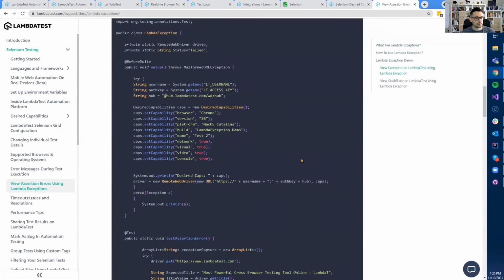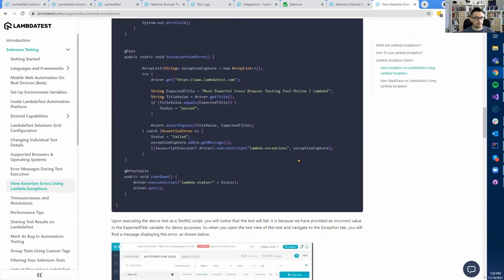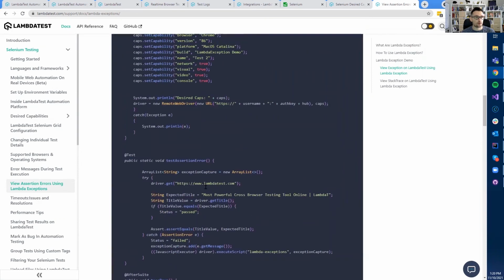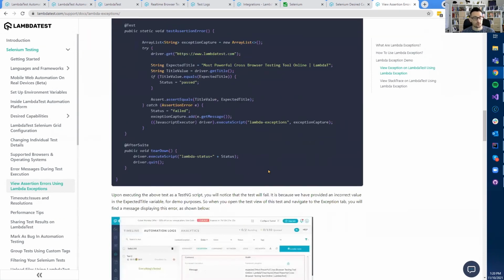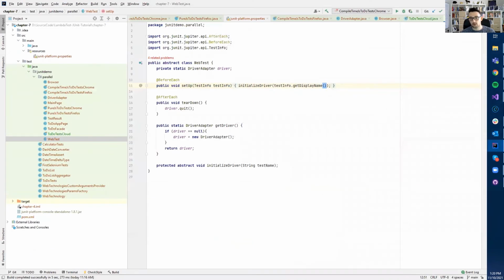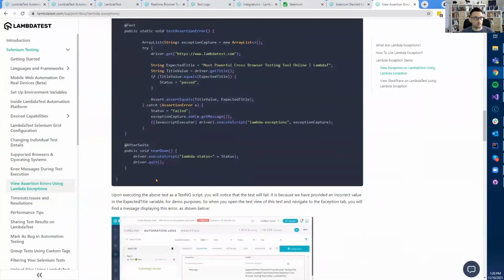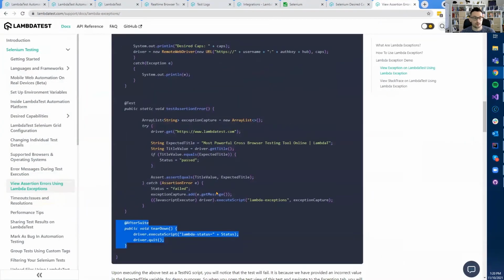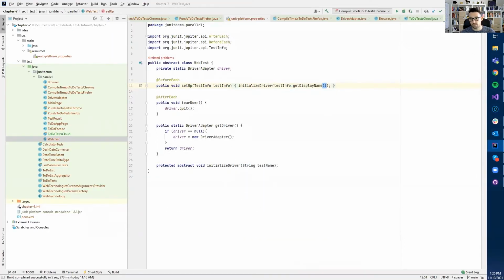And there is a second thing here. You can find a complete example of it. In a minute, we're going to do it. In order to change the status, as I mentioned, we need to execute this driver execute script Lambda status, whether it's failed or success. So we are going to add this to our library as well. In order to do so, however, to integrate it properly and not put it inside every single class like this in AfterSuite and whatever, because this is just not maintainable, we are going to first create